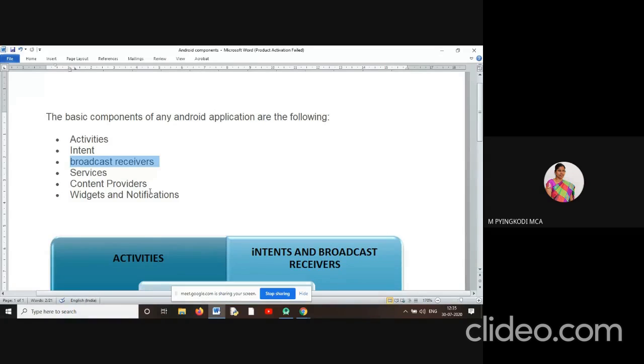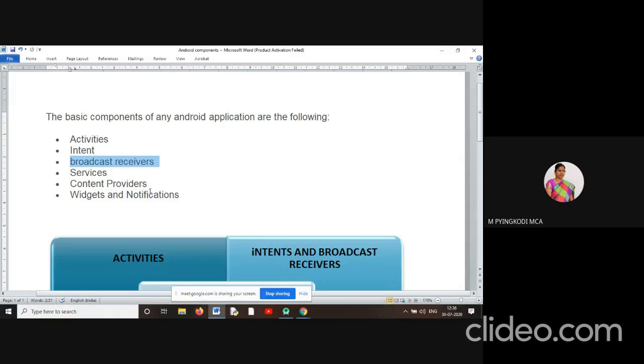So far we are seeing two examples for services. One is file download, another one is playing music. So it is capable of performing inter-process communication. That is, inter-process communication means after the file is downloaded, it will intimate the user that the file is downloaded, right?